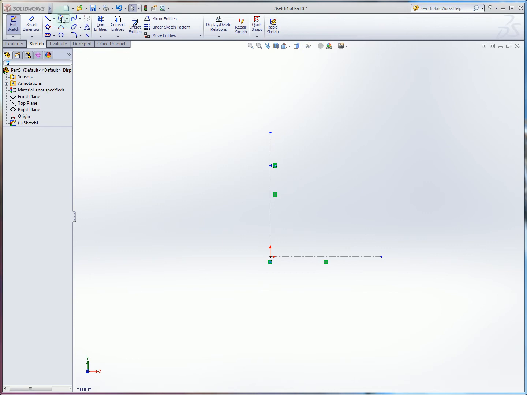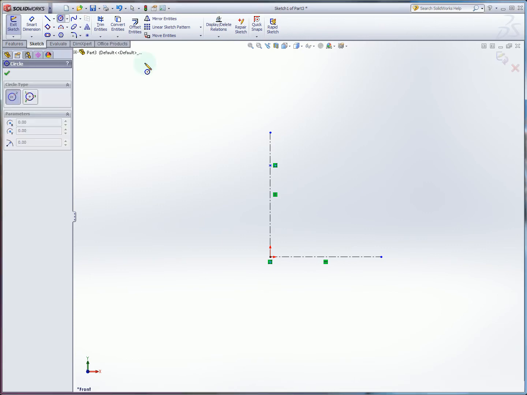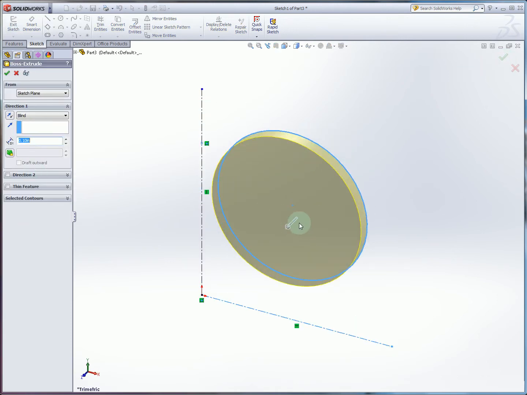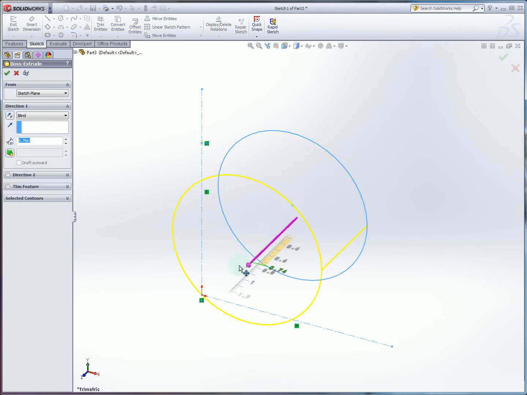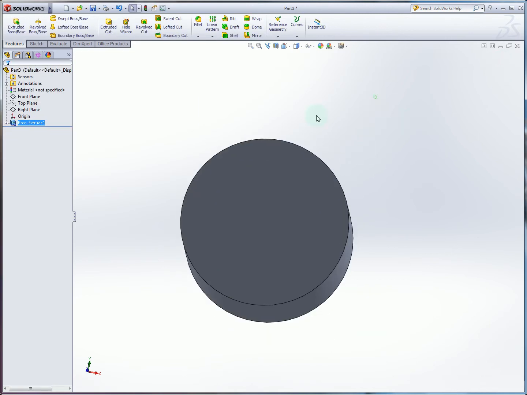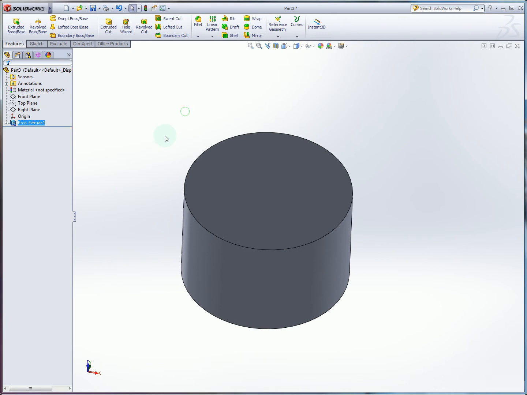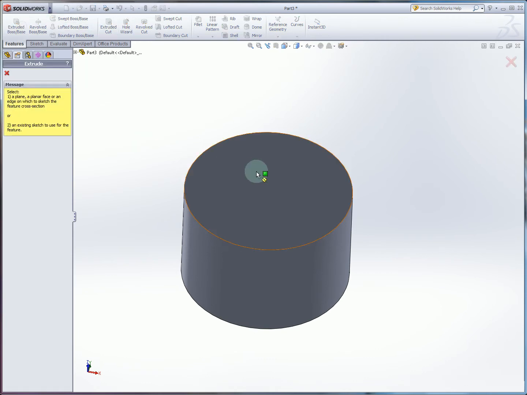So for the last two tools we're going to look at in the sketch review, we're going to have to create a part, and then we'll go back and create a second sketch on top of this to see the benefit. I've just created a circle here, and so if I want to maybe create another feature on top of this,